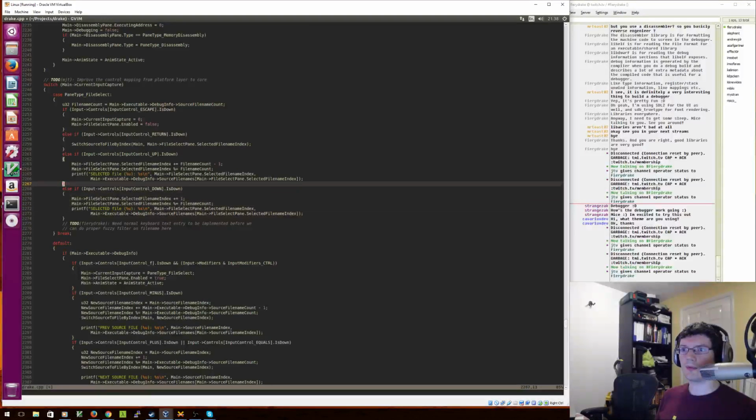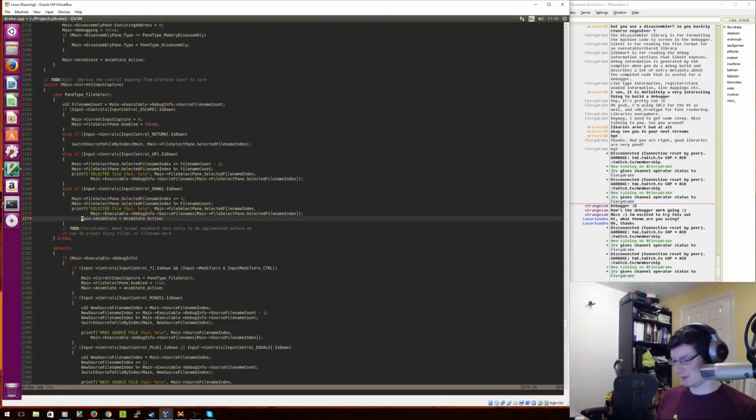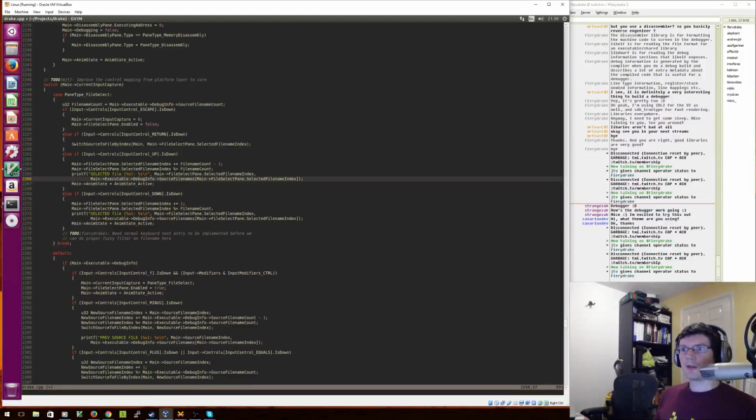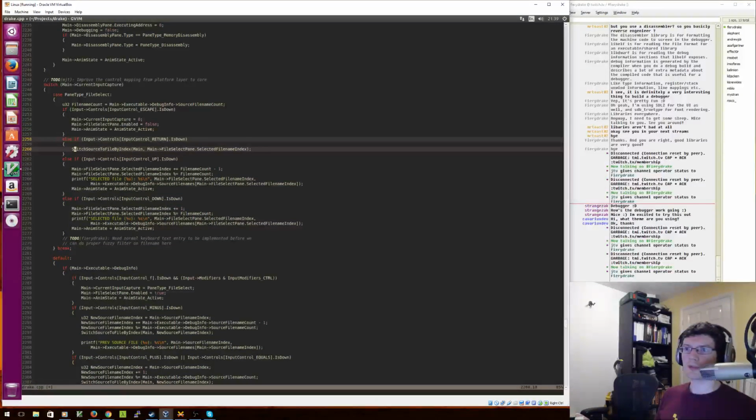And we also need to redraw it pretty much in any of these cases, which is kind of annoying. So this one should already work because it's got redraw built into it,